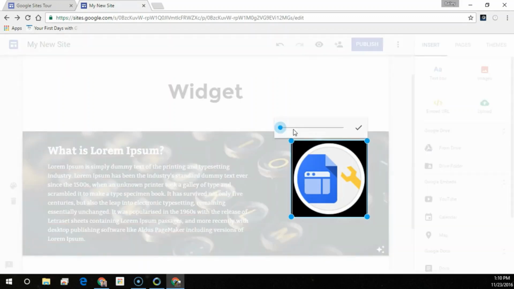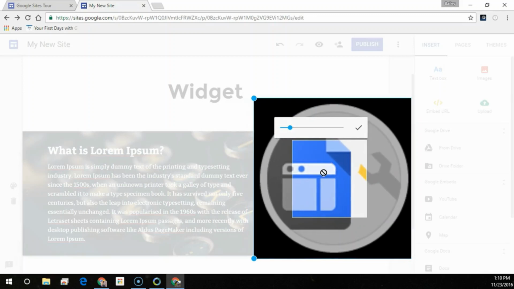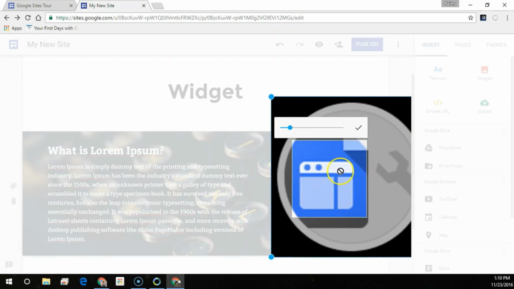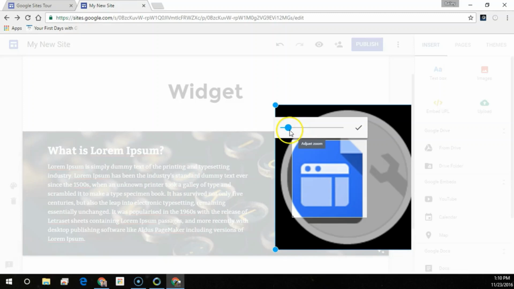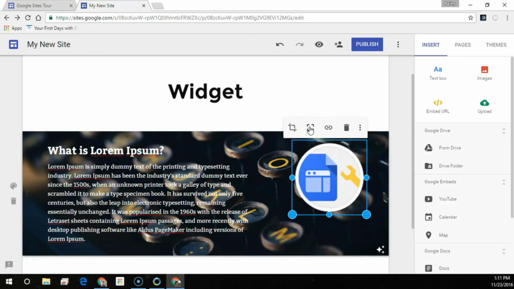From here you can crop the image. Just drag the ball to resize it. It will show you what is selected in this lighter section in true color. Then when you're done making your adjustments, you can select the check mark to save your changes. To uncrop an image, click the Uncrop button